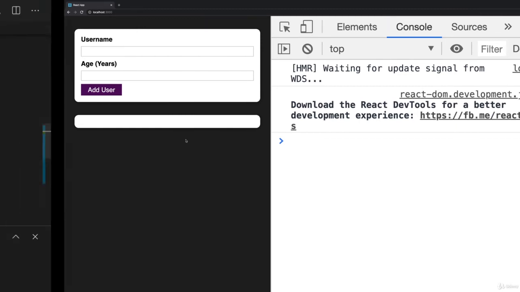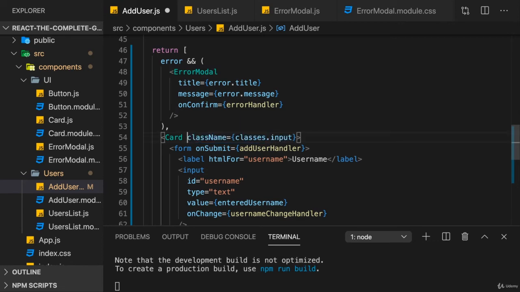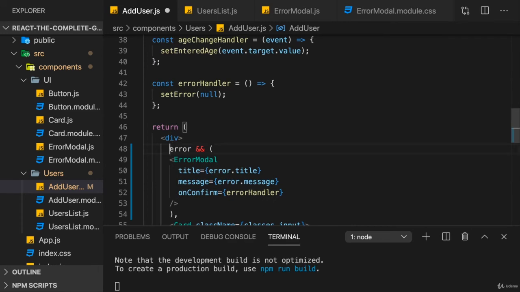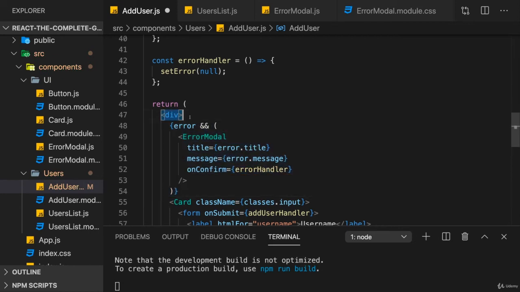But typically, you don't use this solution because adding those keys, wrapping it in an array, is a little bit cumbersome. It's way easier to simply add a wrapping div here, like we had it before. So I can just go back to that, add my div here, and now wrap this here back into curly braces, and remove the comma here, because now we have a dynamic expression inside of JSX again, so we need the curly braces to evaluate this expression. So that's simply more convenient, and therefore typically we use the wrapping div.